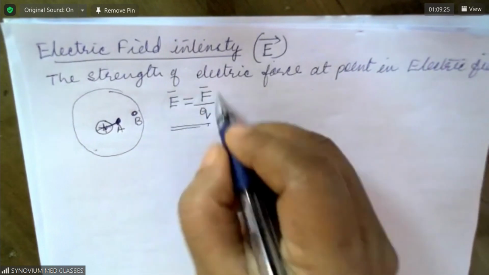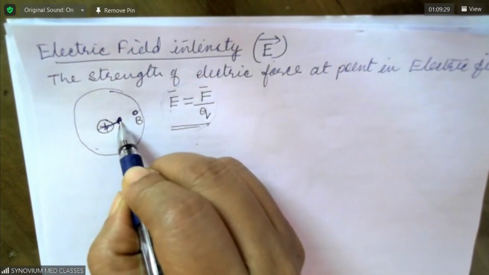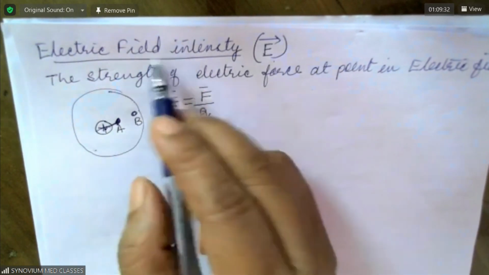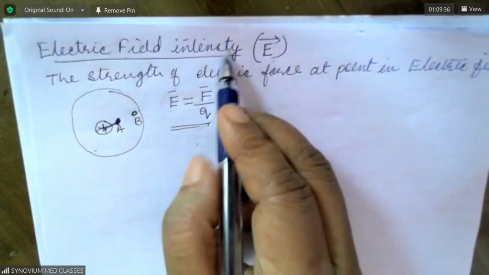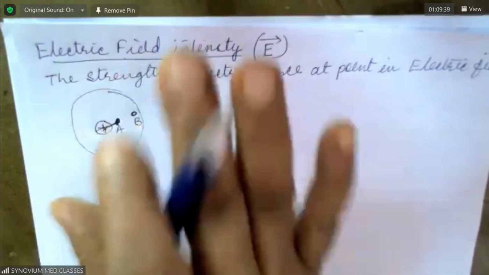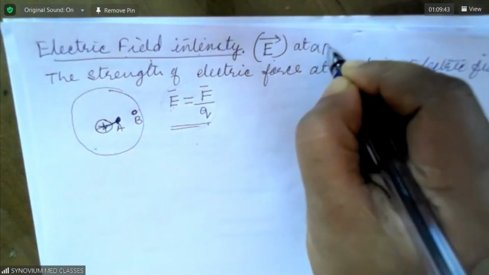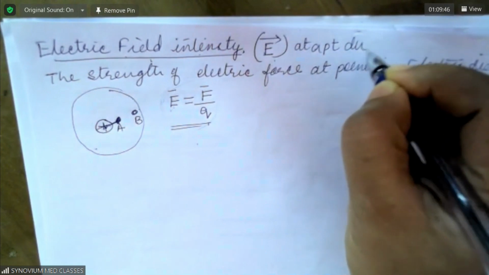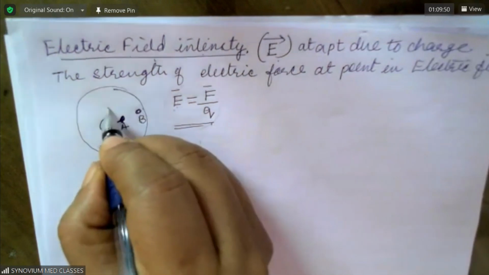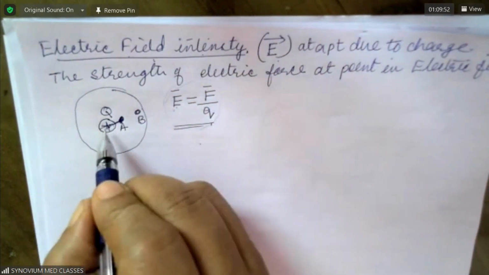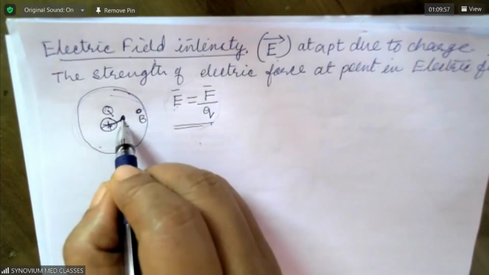Very, very important formula: electric field at a point. This electric field intensity we may say in short as electric field sometimes, but it actually means electric field intensity. This is actually at a point. It's a property of a point due to a charge. Let this charge be capital Q. This charge is causing the electric field, and at a point,